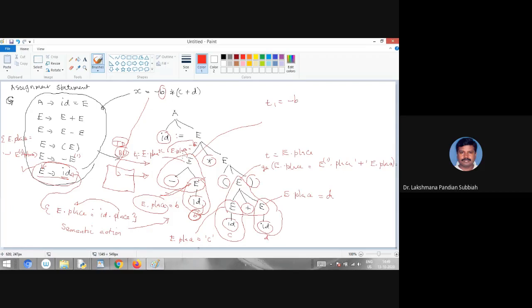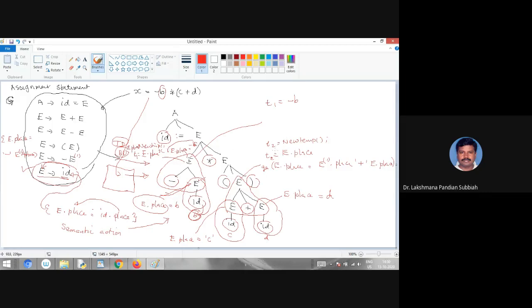So this is the code generated by this reduction. Next we are having the next temporary variable, T2. T2 equal to a new temporary variable. Here you are taking that variable using the function called new temp. New temp is a function, it will create a temporary variable. Here also you have to give new temp, a new temporary variable in that E dot place. So in E dot place you have to create a new temporary variable.